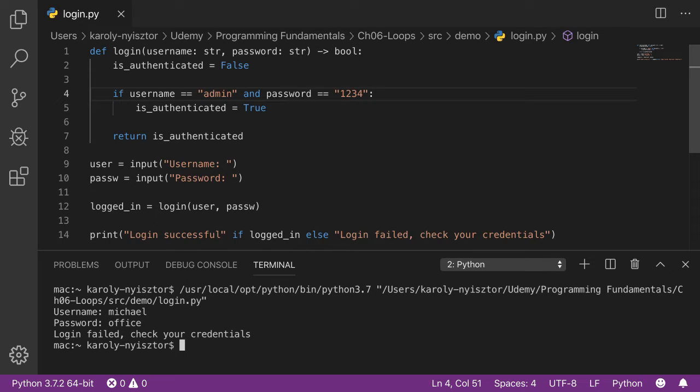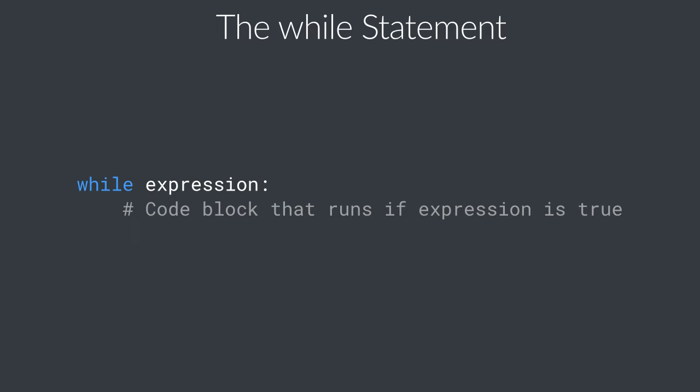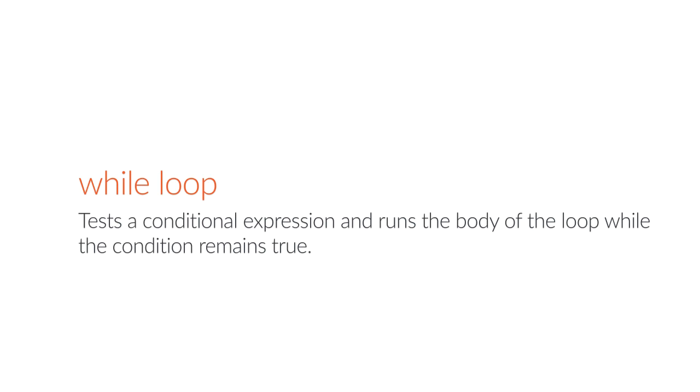In Python, like in many C-based programming languages, we can use the while statement to repeat execution until an expression becomes false. Here's the general form of the while statement. Note that the else clause is optional, so you can skip it and write while expression and then the code block. The code that belongs to the while clause gets repeatedly executed as long as the expression is true. In other words, the while loop tests a conditional expression and runs the body of the loop while the condition